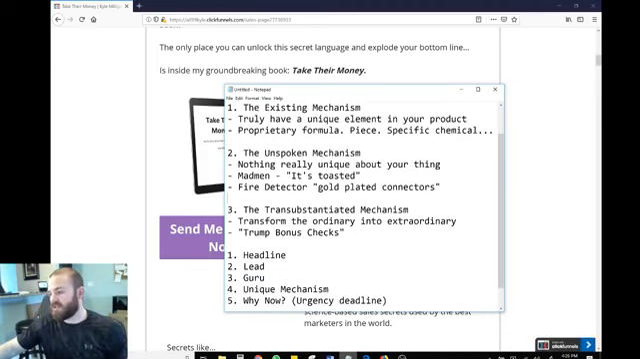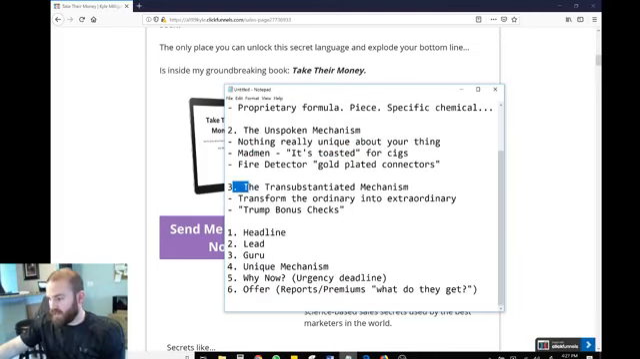The unspoken mechanism is something that isn't really unique, but you just mention it and nobody else is talking about it. That's actually an unspoken mechanism. So my example was the fire detector gold-plated connectors. The Madmen example, it's toasted for cigarettes. The transubstantiated mechanism. This is what most ideas are. This is what the big idea typically is. Transform the ordinary into extraordinary. And Trump bonus checks was my example for